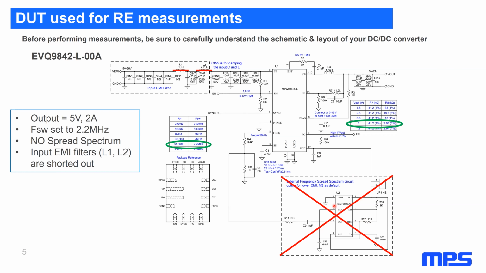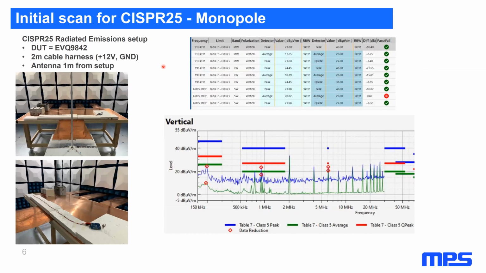So starting off, I set this up in our EMC lab here in Livonia, and I used a standard 2-meter harness, connected it to the car battery and LISN, and I used some power resistors for my load, which would allow me to deliver 2 amps from my 5-volt output. And then I ran my first scan, and for monopole, what I got was this result,